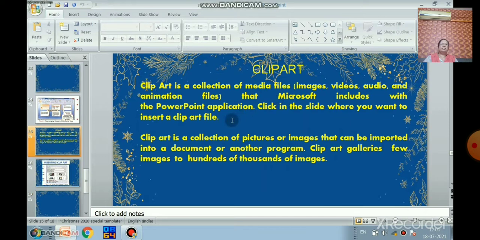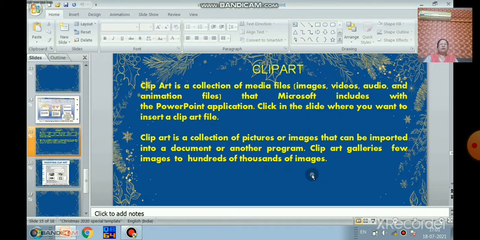It is a collection of pictures or images that can be imported into a document or another program. The clip art gallery has a few images to hundreds of thousands of images available. So how to take the clip art?